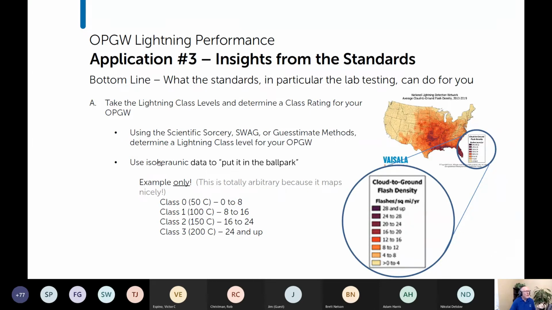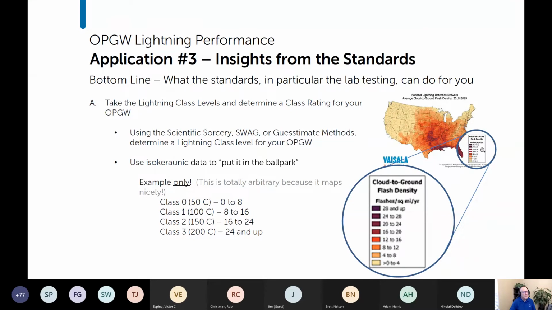Now, the isochronic level can put it in the ballpark. As I talked about before, if you're in Florida, you know that you have more intensity than if you're in the state of Washington. Or maybe not intensity, but you definitely got more concern in the state of Florida than you do in the state of Washington. Now, you could look at this